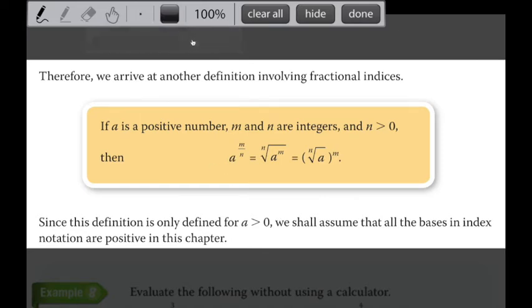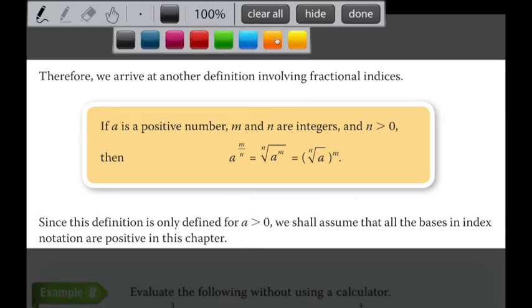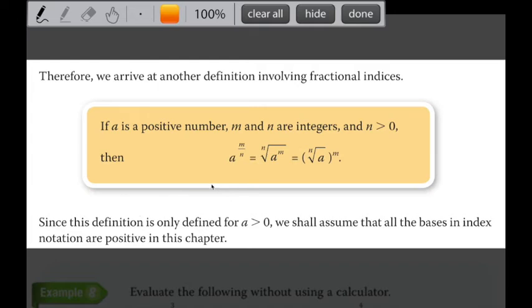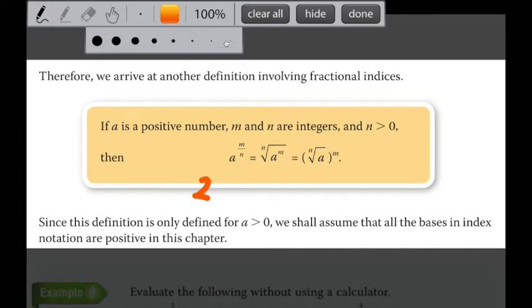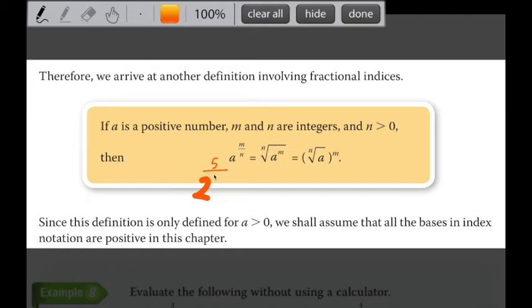For example, if you have 2 to the power of, say, 5 over 3,